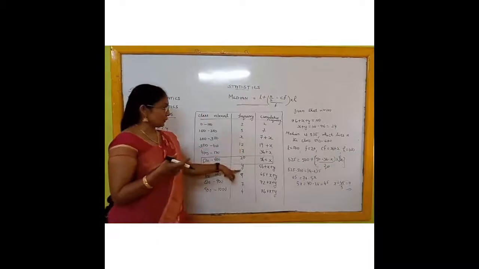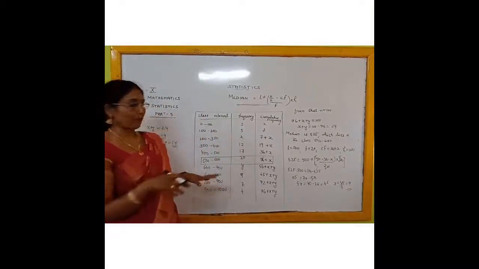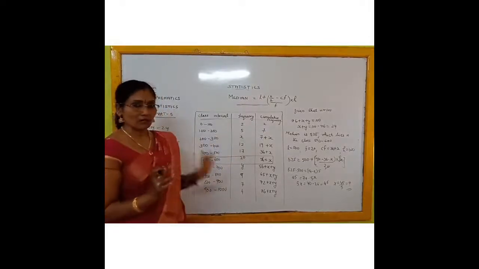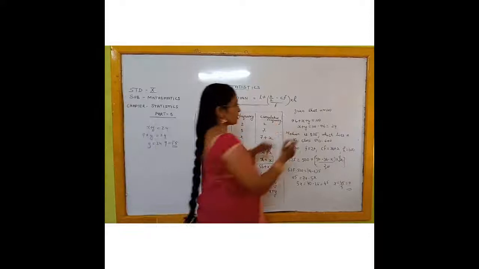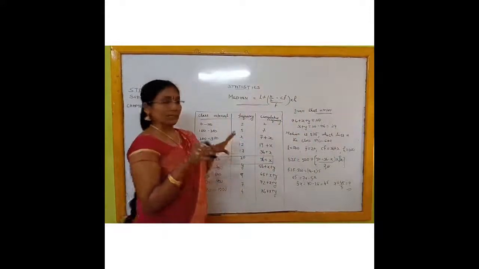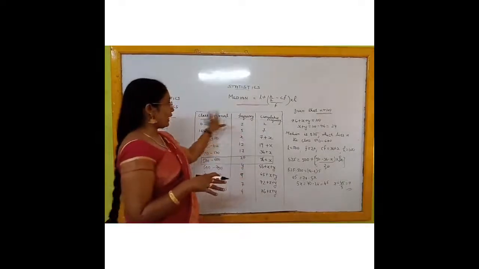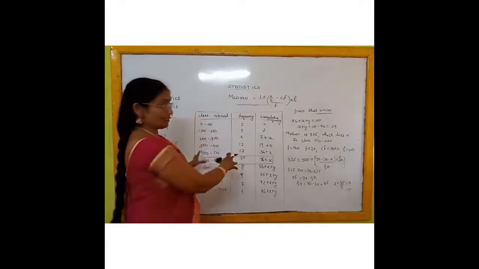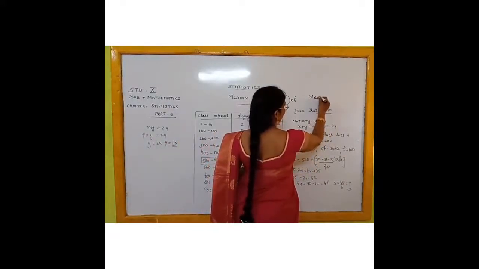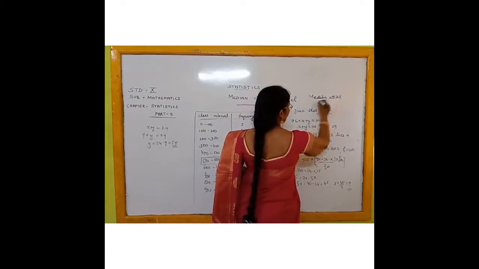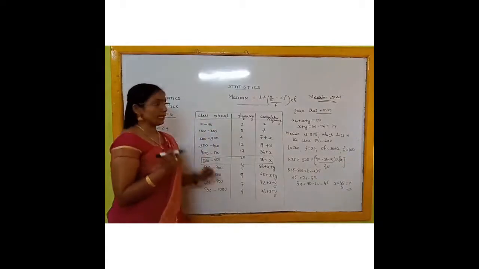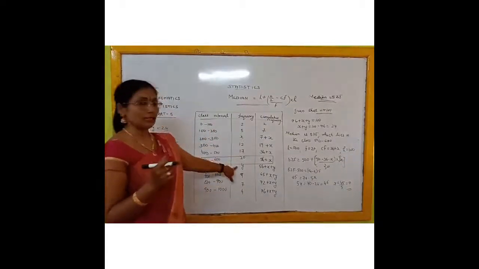Now here two missing frequencies are there and the median is also given. That means the class interval is given, the frequencies are given, and the total number of observations is also given: n is equal to 100. It is also given what the median of this whole frequency distribution table is. The median is given as 525. These are the two data given. Using this data, median equal to 525 and number of observations 100, how do we find the missing frequencies?